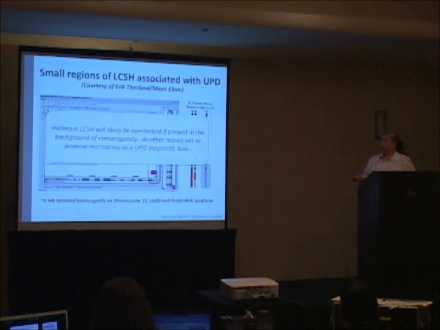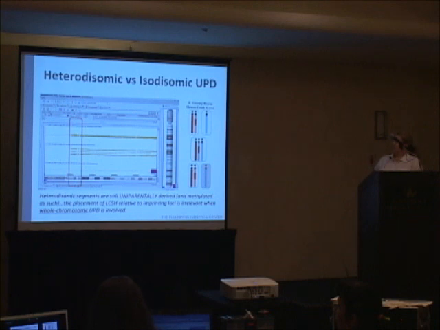I'm also going to miss them if the UPD occurs in a background of consanguinity. So if there are blocks of homozygosity throughout the genome because the parents are related, a block of homozygosity that's UPD related is going to get lost. Another reason not to promise this is a diagnostic assay for uniparental disomy. And these are just tips. I'm just trying to teach some things because this is new to some people.